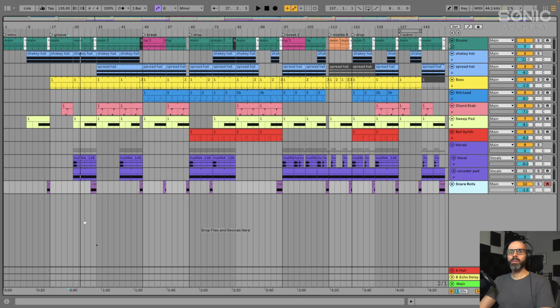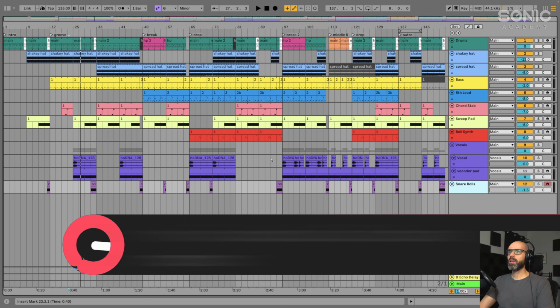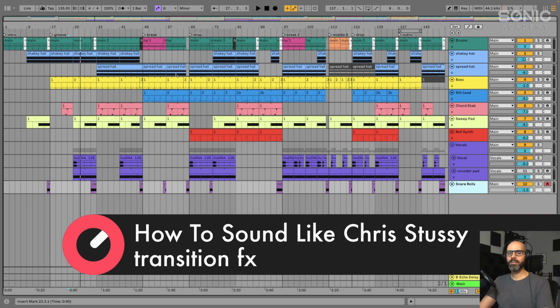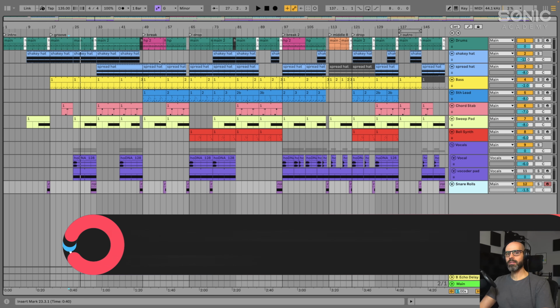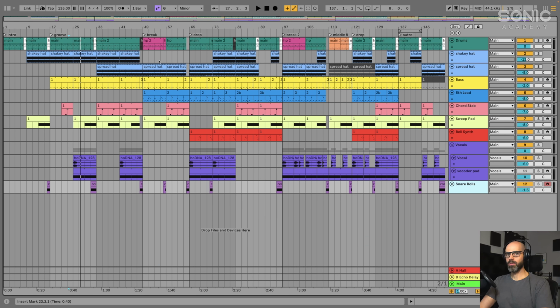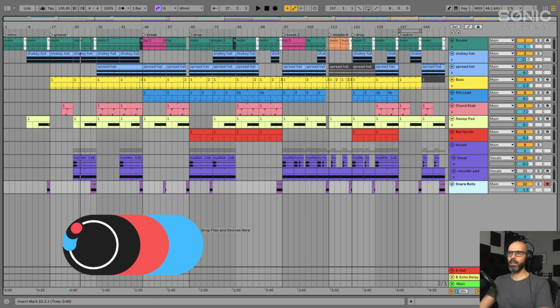So we've got the arrangement more or less done. We've got the snare rolls in place. I want to add some more transition effects: cymbal crashes, reverse crashes, white noise, things like that. And honestly, this is the part of arranging that I normally hate the most, and it's the most time consuming. But if you've done it once already on a different song and you like the effects